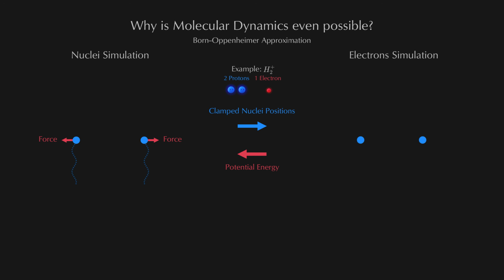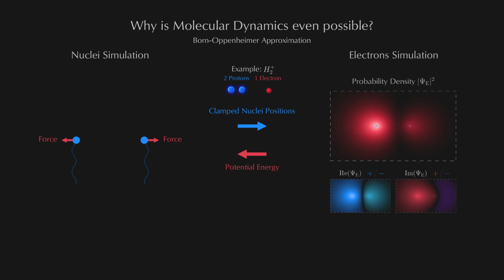Now, to compute these potential energy values, a wave function purely for the electrons is constructed, which considers the nuclei with their Coulomb potential at fixed positions. And here's a trick. We are not interested in any possible electron wave function, but the one that electrons reach over time due to energy loss by radiation, the one with the lowest energy. Why? Because that is the one that the slower nuclei effectively see most of the time. Remember, from their perspective, the electrons react so quickly, the final electron wave function seems to build up almost instantaneously.